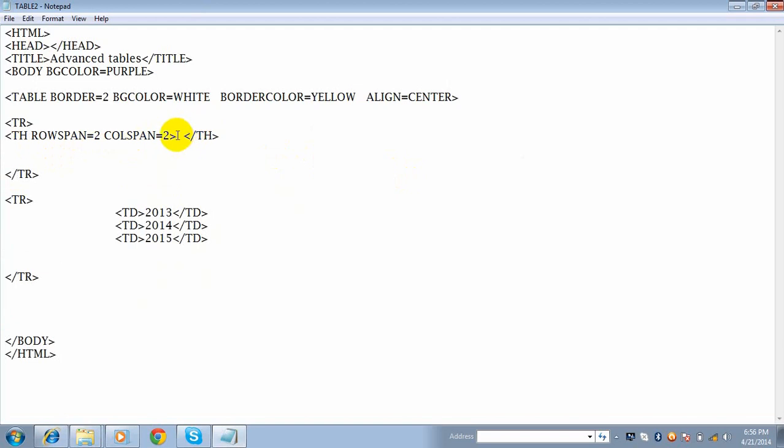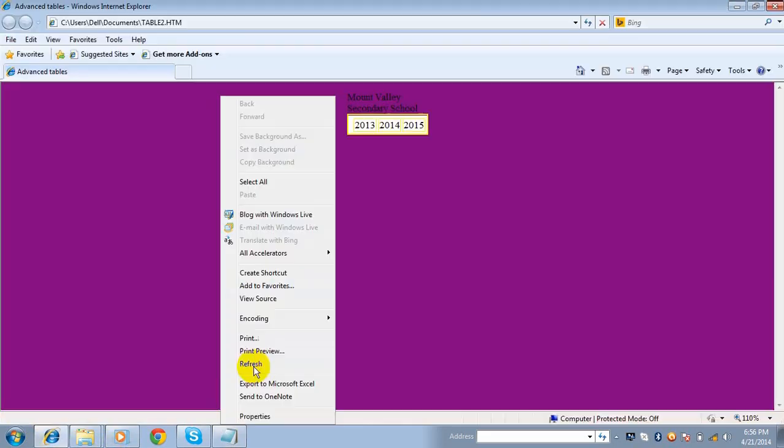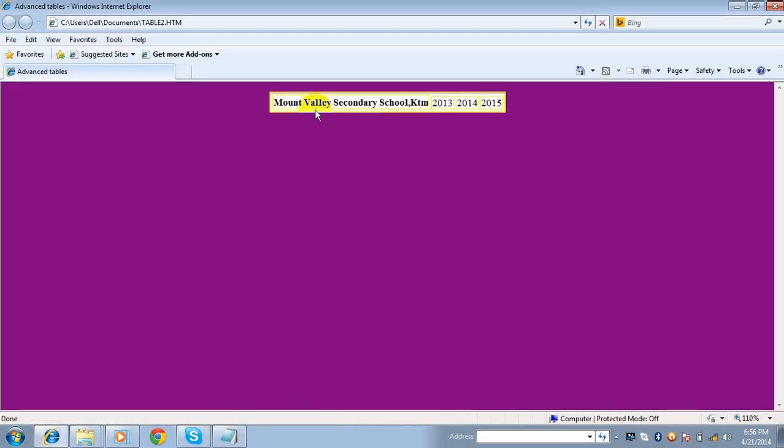Type the content. Suppose Mount Valley Secondary School, Kathmandu. Okay. Now save it. Go to web browser. What is here? The Mount Valley Secondary School, Kathmandu has been displayed inside the table.